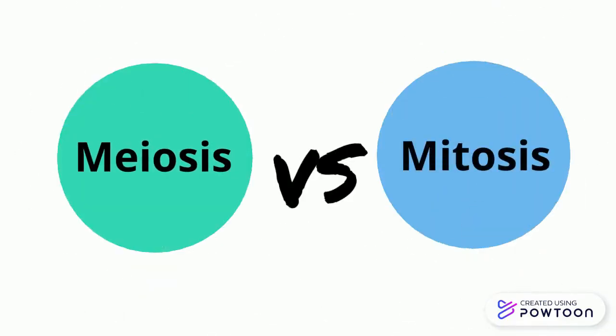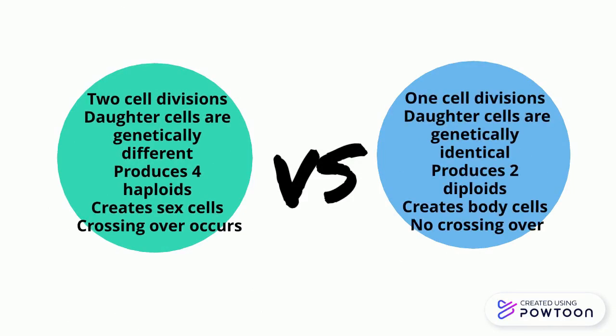As you can see, meiosis is very different from mitosis. It has 2 cell divisions. The daughter cells are genetically different, it produces 4 haploids, creates sex cells, and cross